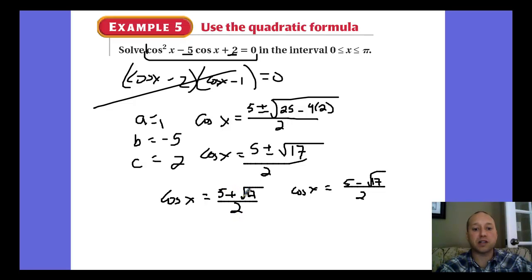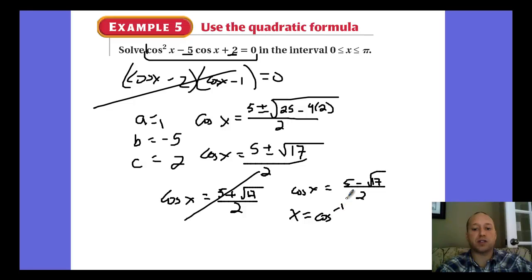So if we do 5 plus 4, it's going to be 9, and 9 divided by 2 is greater than 1. So this one right here is not possible. If we do 5 minus 4, I get 1 and 1/2. So this one's probably possible, so we can actually plug that in, and we'll find x is going to equal